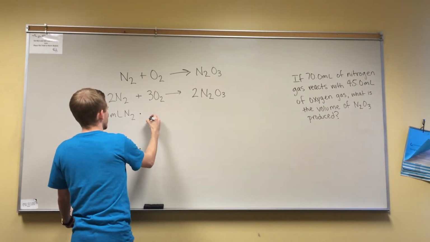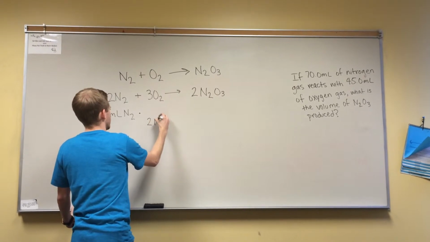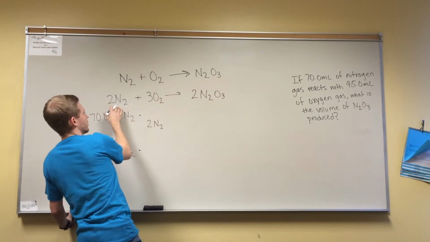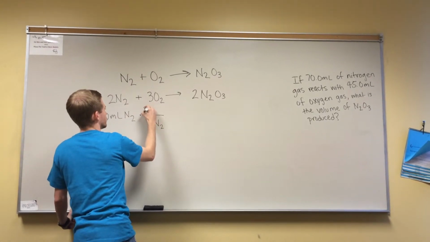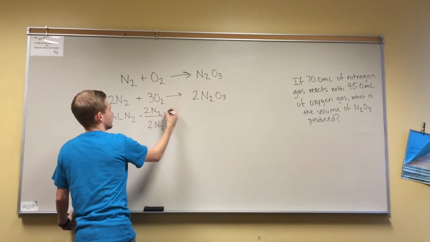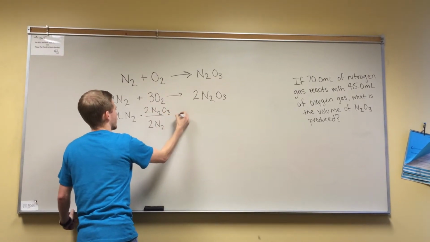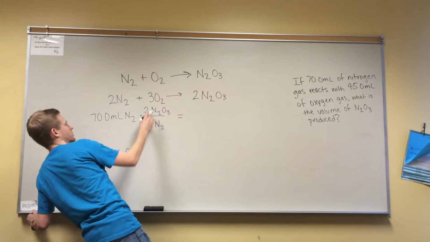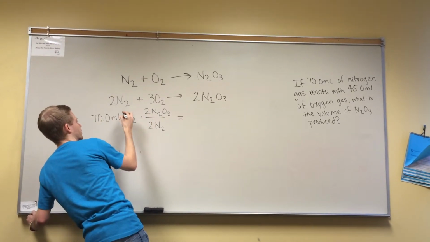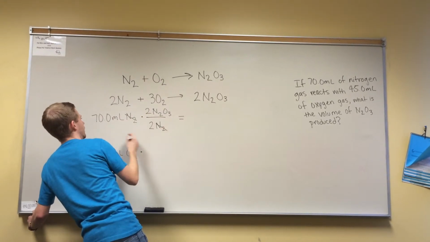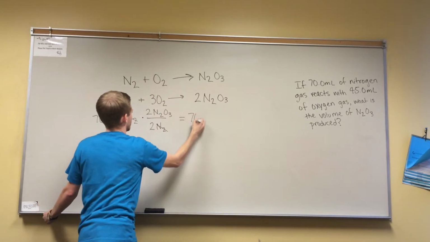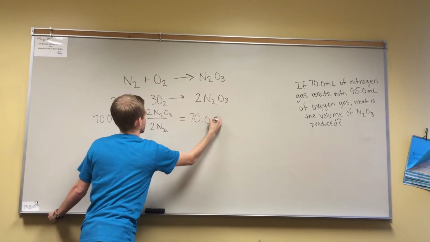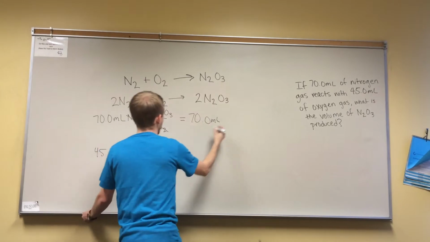So to go about doing this, you have to multiply by the coefficient of how much N2 was used. So we see that it's 2N2, that was the reactant used right here, and it yielded 2N2O3. And since this is just going to be 1, we're going to cross out the N2s right here, and it's going to be 70.0 milliliters of